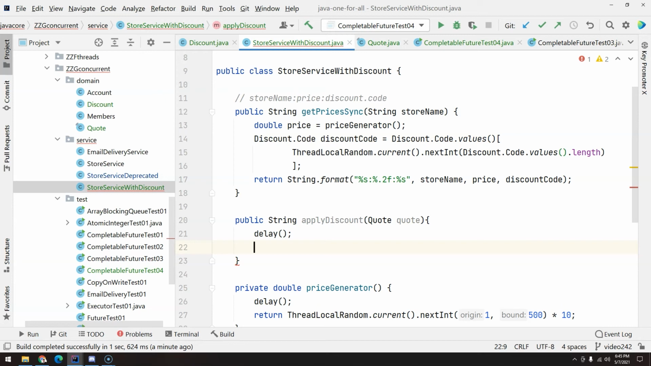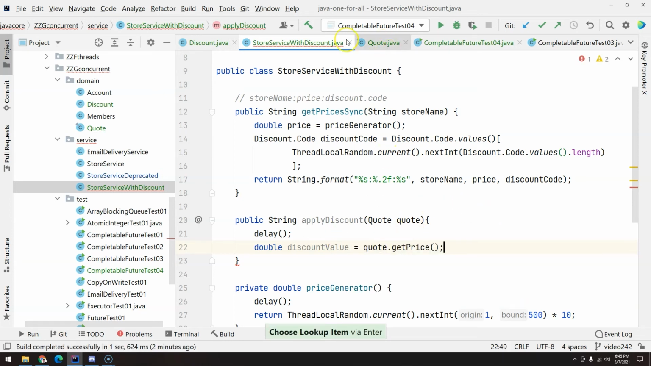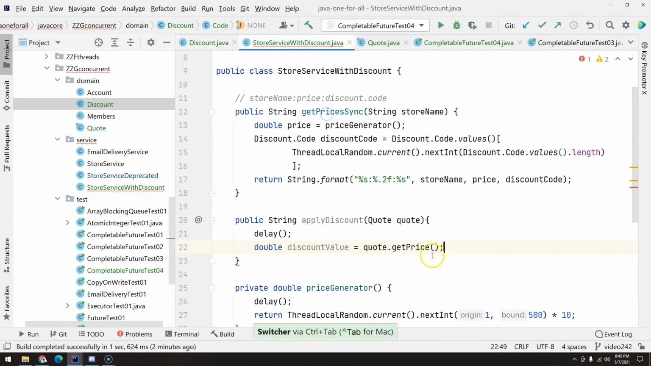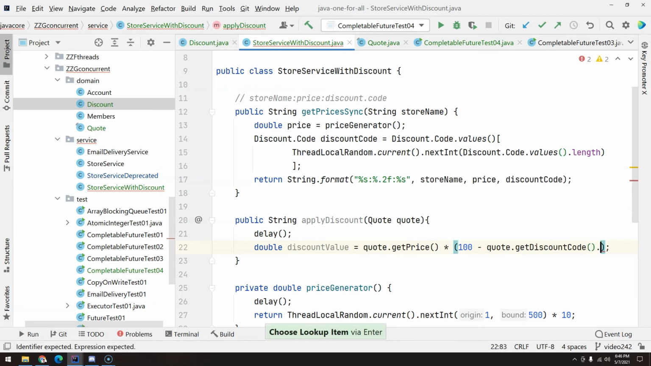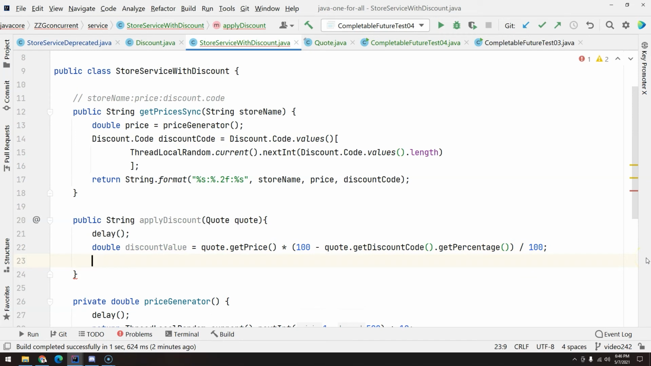So let's get the discounted value, double discount value. So the first discount that we have is 0%. So let's do a quick math here. So 100 minus quote.get discount code.get percentage, and then this will be divided by 100. So if I have 0, 100 minus 0, 100 divided by 100, 1, and then we will get the same price. So we are covered. And now